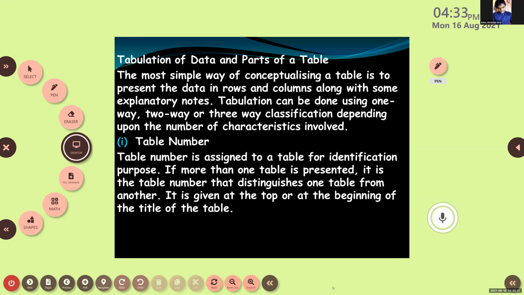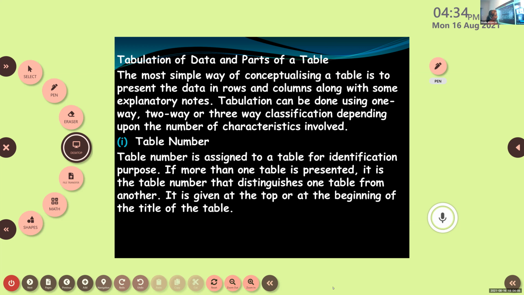Okay, so in the previous class I taught you about the presentation of tables and a few topics related to its classification, tabular presentation, and how we classify data into different categories. Four types I told you. Rahul, can you tell what are the four types of classification? Qualitative, quantitative, temporal, and spatial. Okay, so these are the important classifications.